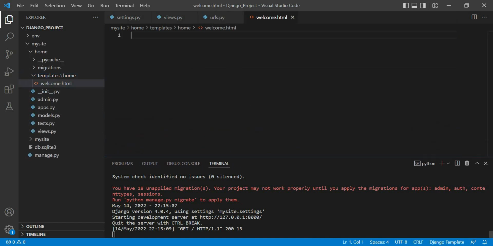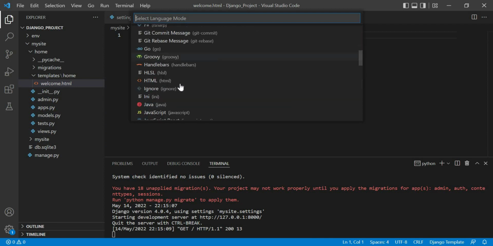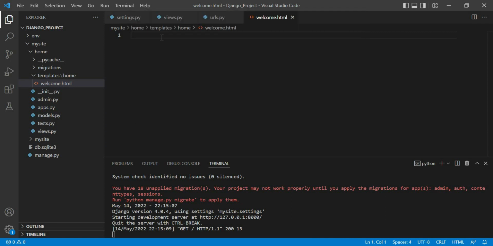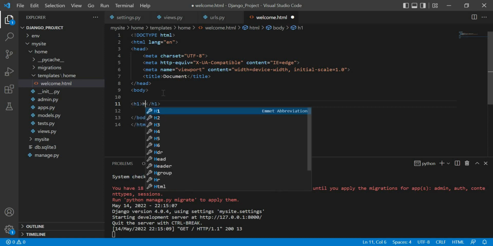Okay, so now we can change this. I'm going to change this one to HTML over here, and you can just type in HTML5. So here you can see that we have the doc type declaration, we have the title tag, we have the meta tags, we have all those stuff. Okay, so now we can specify some message over here. I'm going to give a simple h1 tag which says hello